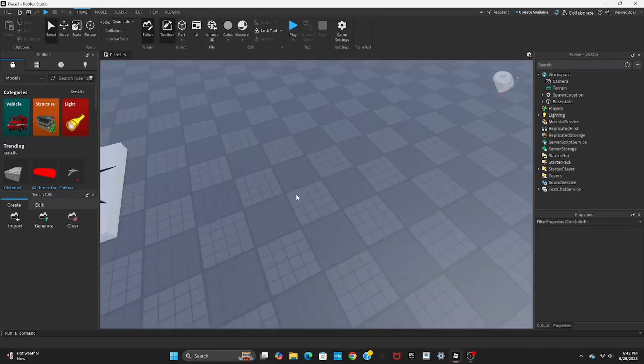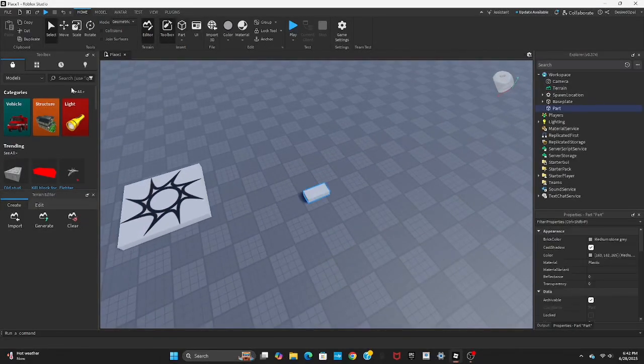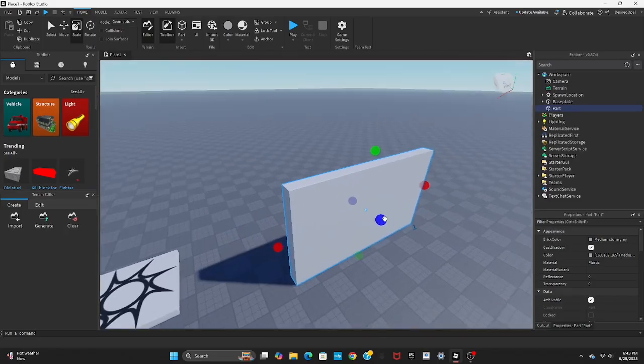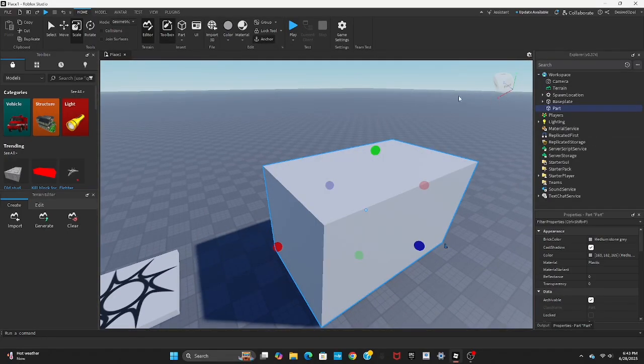Okay, so this is how you make a group door in your Roblox game. So let's say you have this as your group door. You're gonna scale it, make it look pretty, whatever. Okay, so once you have your group door, you're gonna give it a unique name because this is gonna be important for later. So once you got your group door, you're gonna go into the StarterGui and create a